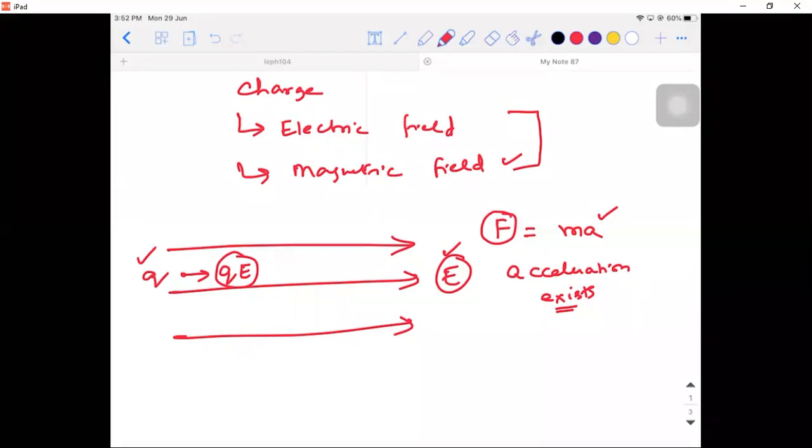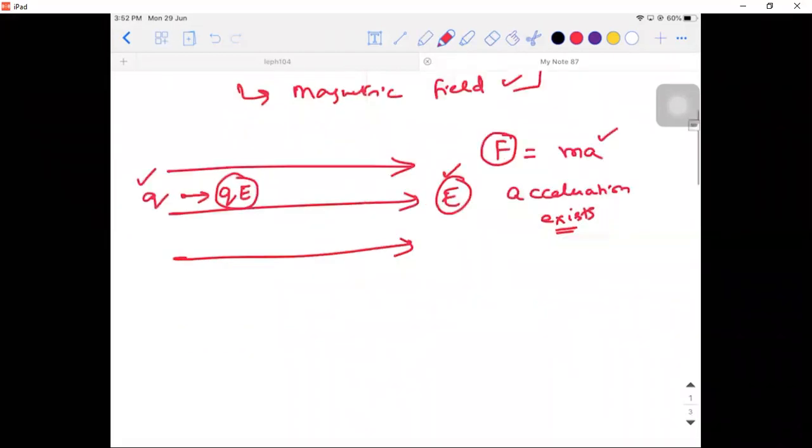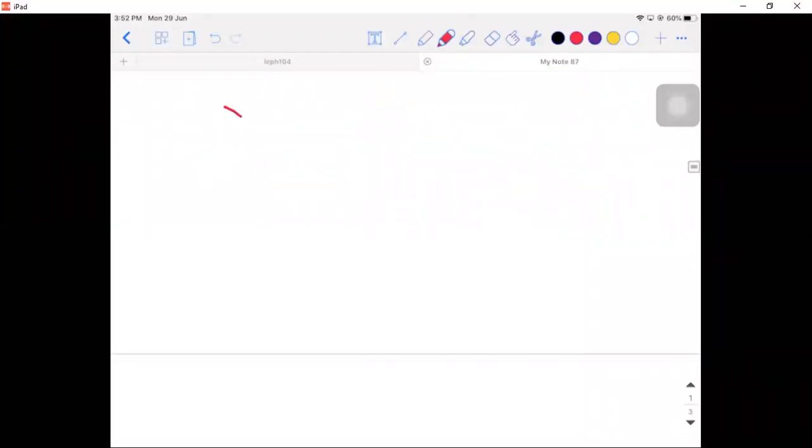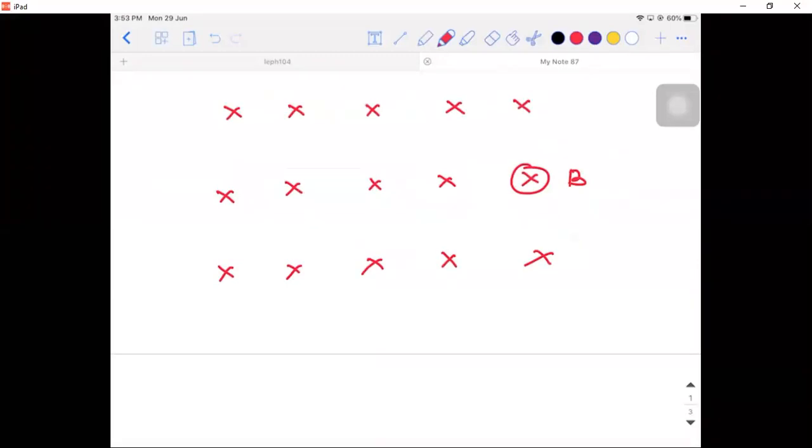Okay, let's think about this case. Now we understood only if an electric field was there, that is enough for my particle to accelerate. Then why unnecessarily do I need to use a magnetic field for my design? But let's think what is going to happen when I have a magnetic field alone. If I have a magnetic field alone, then what kind of conditions come into picture? Let us say this is one of the cases. I'm saying the magnetic field is into the plane. One of such cases. If suppose I project the charged particle, I'm using the word project, what are the ways in which I can project so that it experiences force?